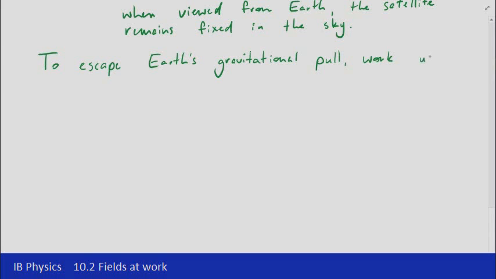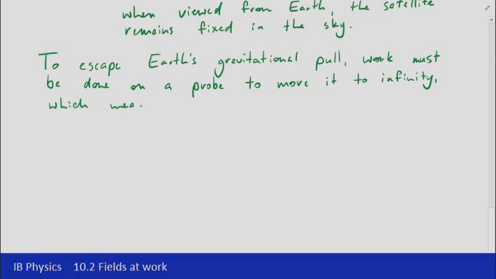So work must be done on the object, let's call it a probe in this case, to move it to infinity. The reason why we're talking about infinity here is that's the reference point that we use for gravitational potential energy, and what that means then is to move an object to infinity, we need to overcome both, it needs to have kinetic energy,